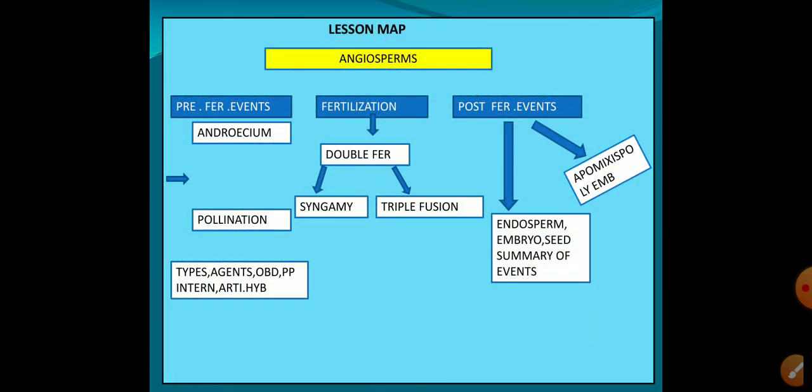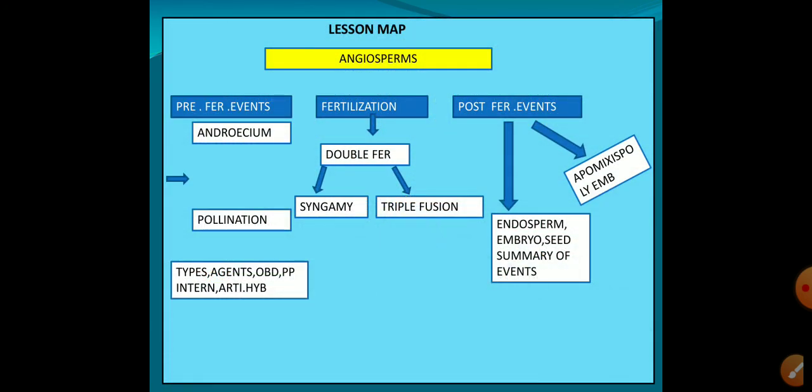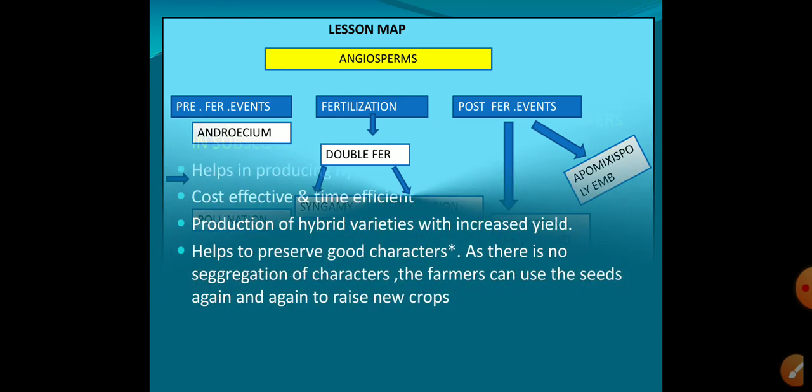And now this is the summary of this entire lesson, whatever we have been learning from the beginning of this chapter. So there is angiosperms, the events: pre-fertilization events, fertilization and post-fertilization events.